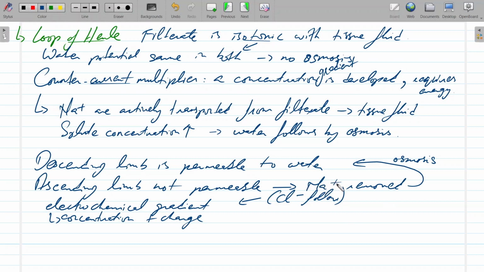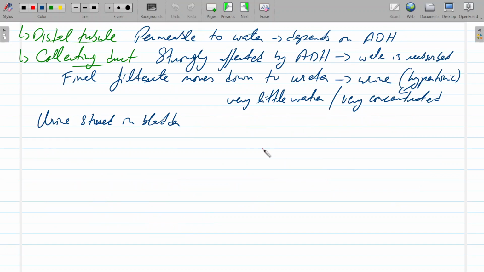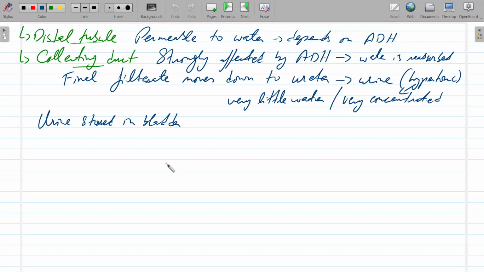And because of that, water is being removed from the descending limb. Calcium ions follow sodium ions due to both a concentration gradient and a gradient of charge, which is called an electrochemical gradient. And finally, I believe the last thing we talked about is the reabsorption, the distal tubule,